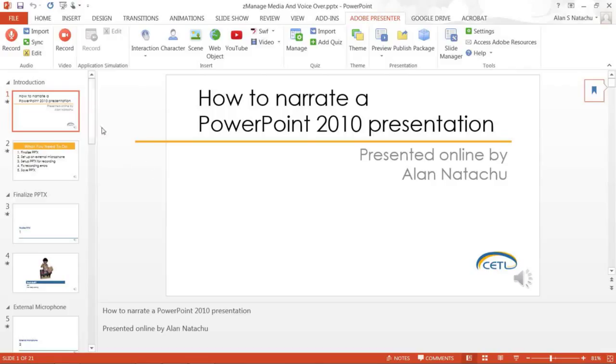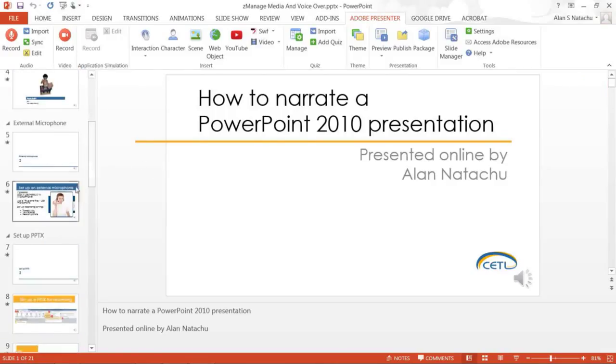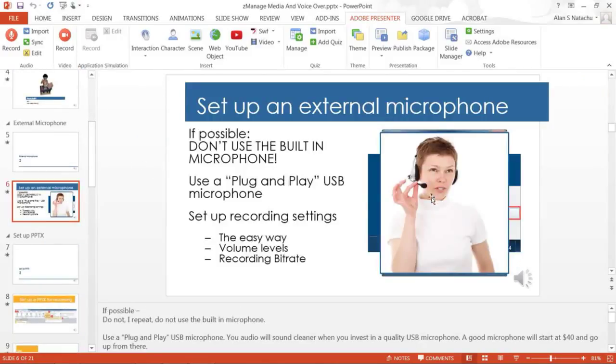When you do your recording, you want to use a USB headset. Try to stay away from using the built-in microphone on your computer because it will sound tinny, it will sound like you're far away, and if you have a laptop and you use your microphone on the laptop, you'll get a lot of this. A lot of clickety click click click whenever you click through your presentation. So once you got your headphones set up,